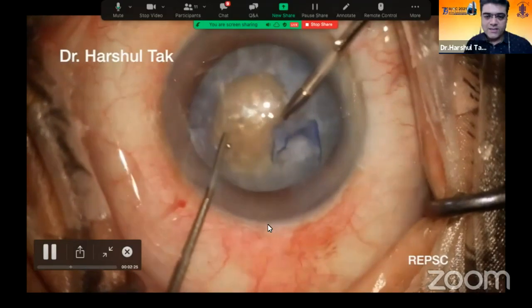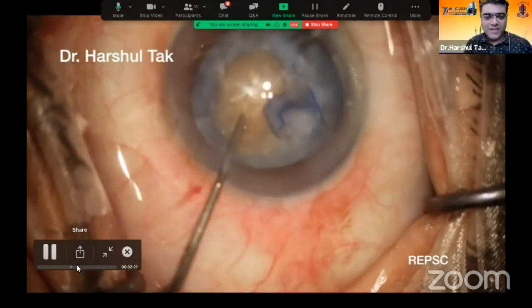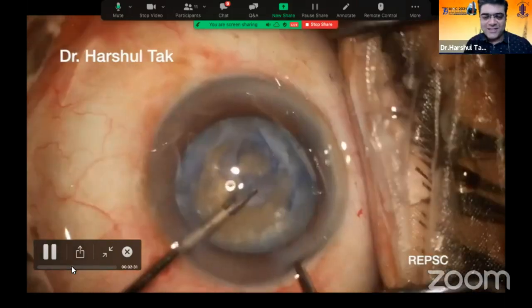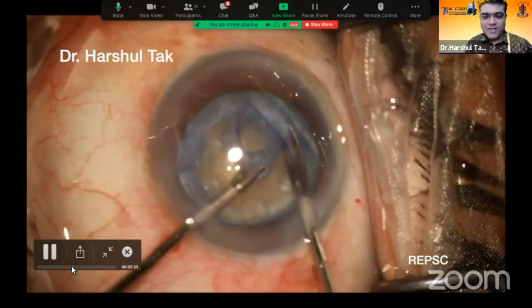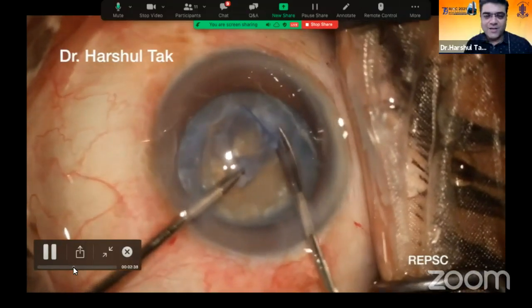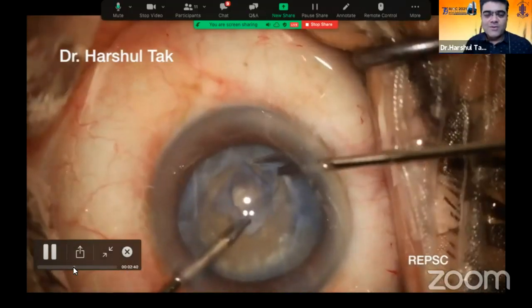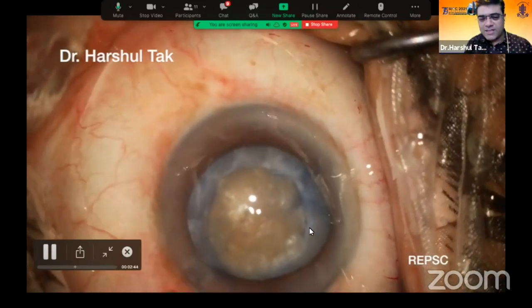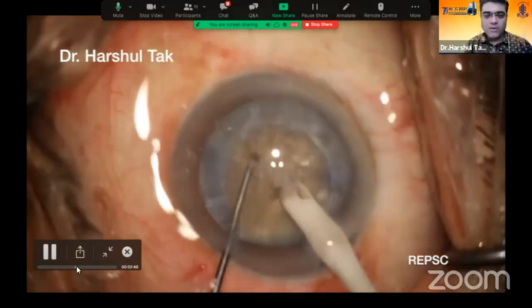Once I reach this area again, there comes the fibrotic area. So the rhexis was a very challenging task in this case, but once you complete it, you realize that you have another challenging task of a very dense cataract down there. But the good thing about the fibrotic capsule at the margins is that it is very strong.